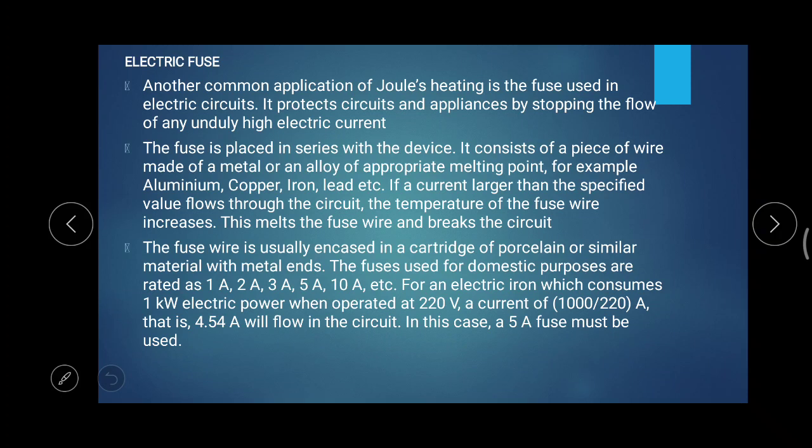And what is the function, and how do we connect the fuse wire? In series connection. The function is to cut off the overflow of current through the electric circuit. Then the ranges: 1 ampere, 2 ampere, the availability of ranges in fuses. And one example you can give if it is asked in higher mark questions. Otherwise, if they are asking the application of the fuse, then you just write the fuse function.